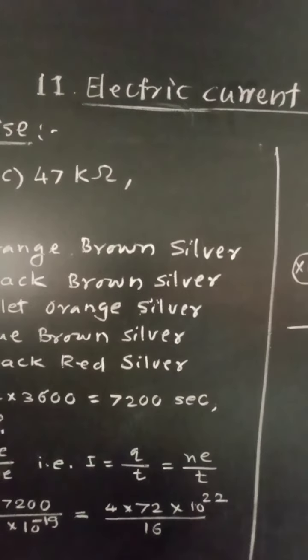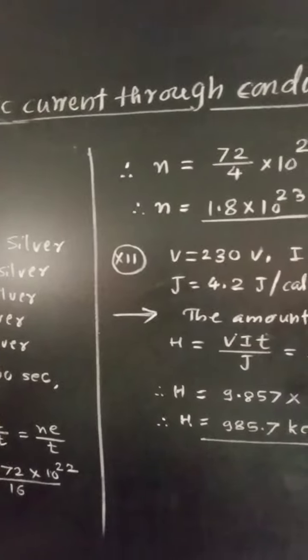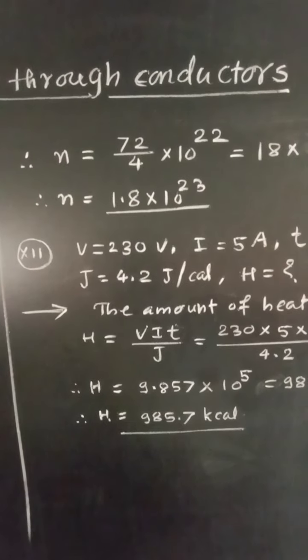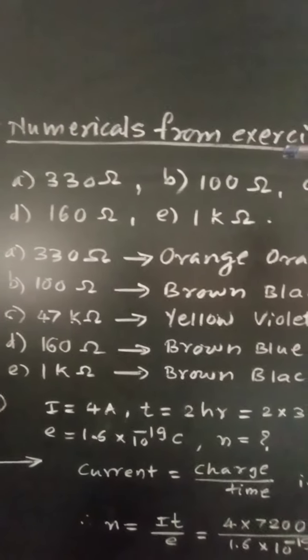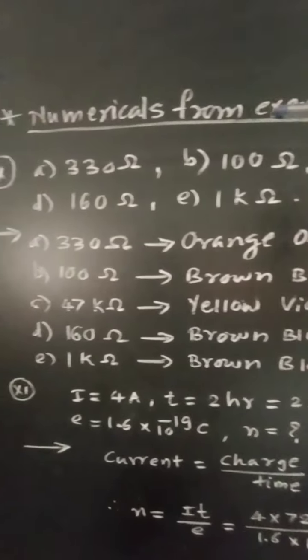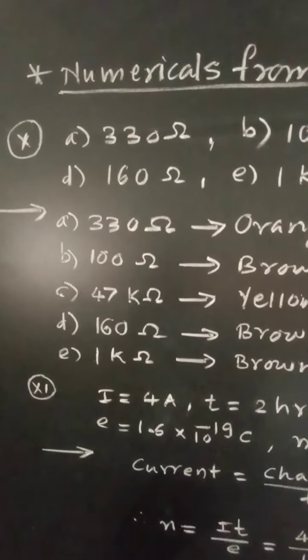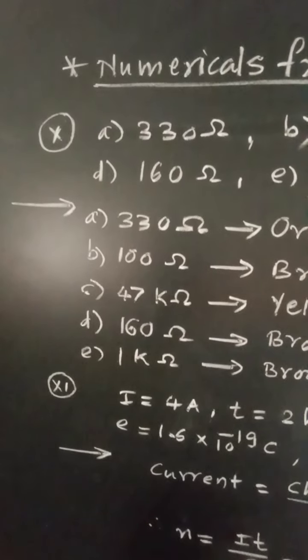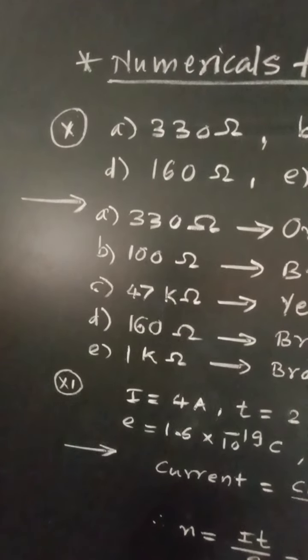Class 11th, Subject Physics, 11th chapter, Electric current through conductors. From the chapter, let us see numericals from exercise. Let us see numerical number 10, which is stated as: find the color code for the following